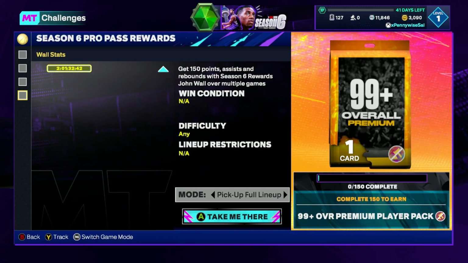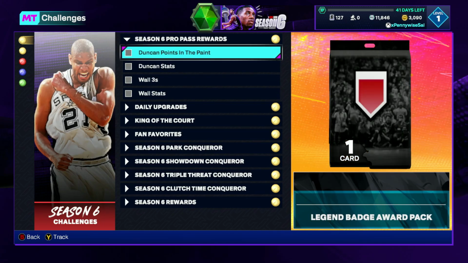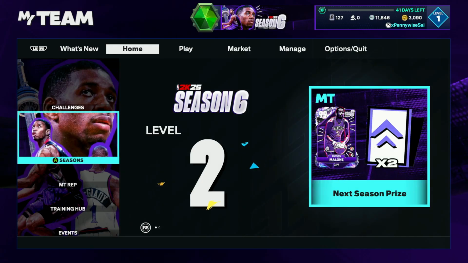You get John Wall, a better Tim Duncan. It is, in my opinion, 1000% worth doing if you want to spend a little bit of money on this game. And if you're willing to spend money on this game, that would be my first approach to this weekend: buying the Pro Pass, doing the John Wall challenges, grinding to level 40. That's what I'd be focused on right now. I think that is worth your time, worth your money, and kind of just the best way to get into